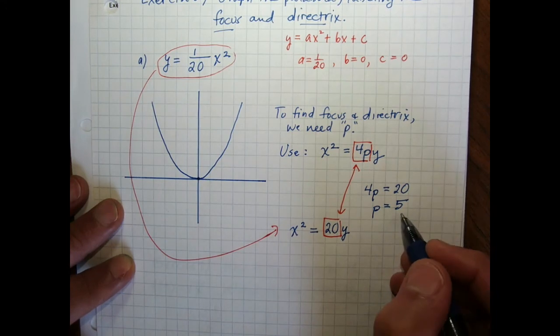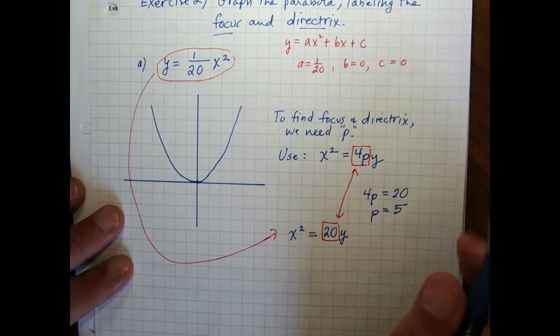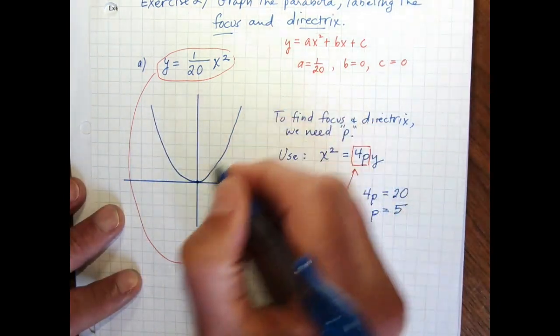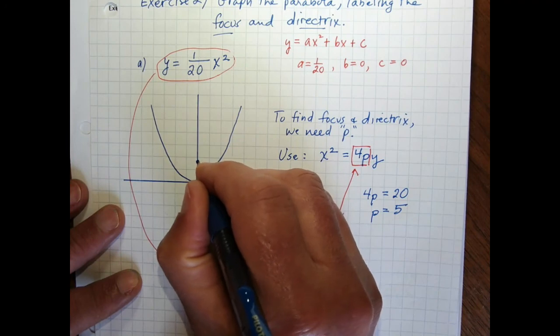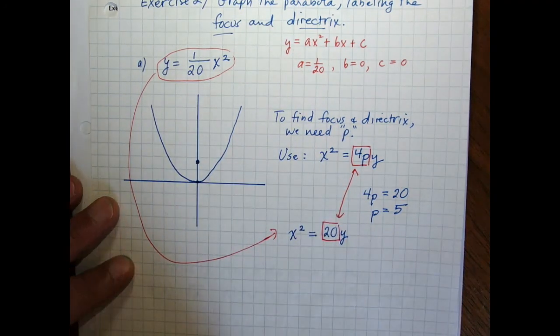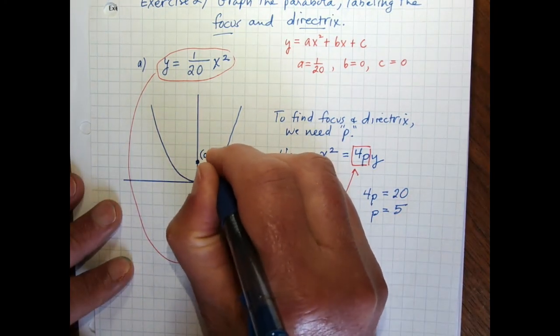And now, again, the p value alone doesn't tell us exactly where the focus is. But because we already know the shape of this parabola, I know the focus is on the y-axis. I haven't even set up a scale here. I'm just drawing this as a rough sketch. And I know this focus point has to be 0, 5